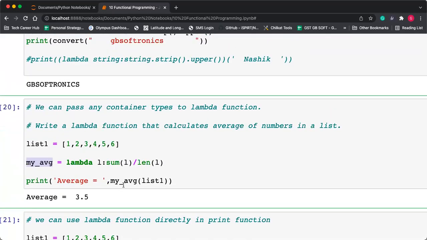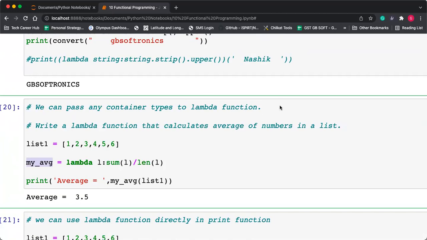Yes, students, are you getting the lambda function? Any doubt in lambda? Any question from the lambda function? You can ask me. Yes, I'm waiting for your question. Or otherwise, if you understood, just type lambda in your chat box.